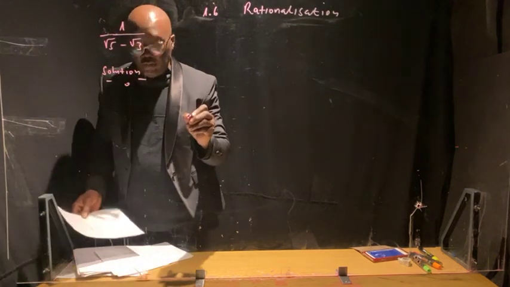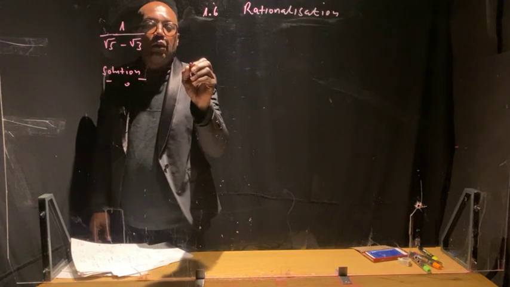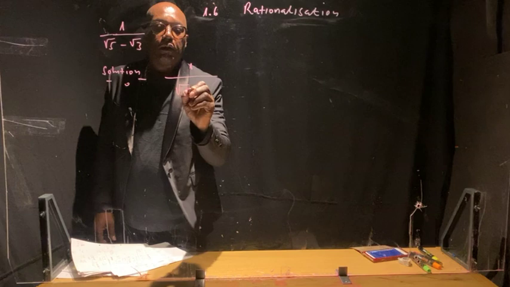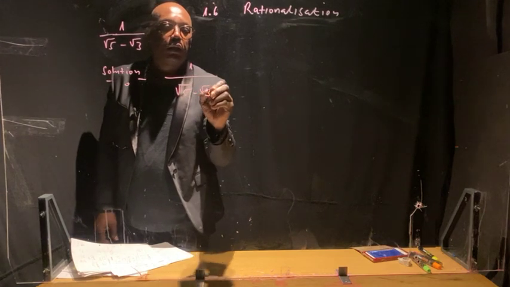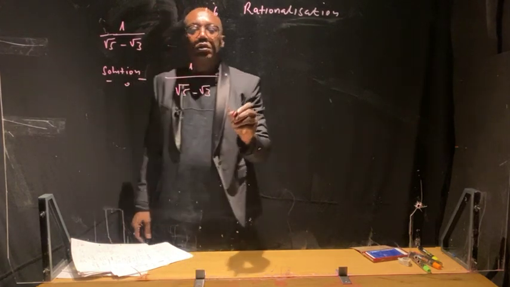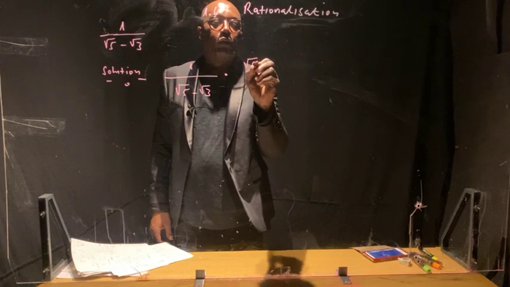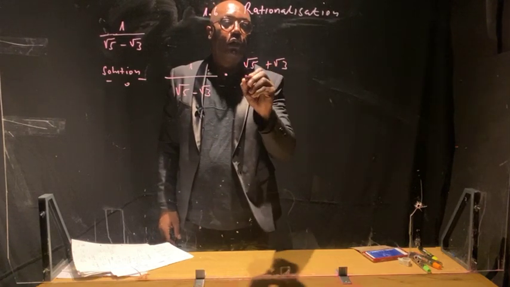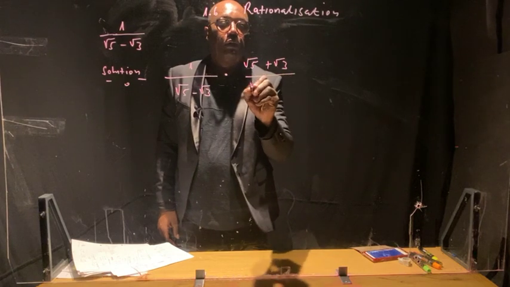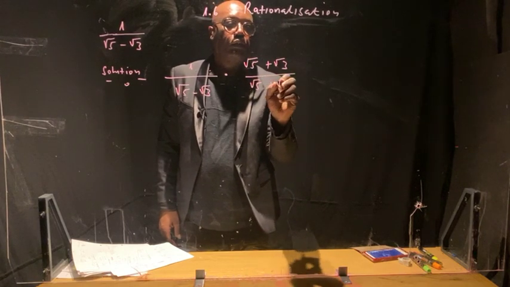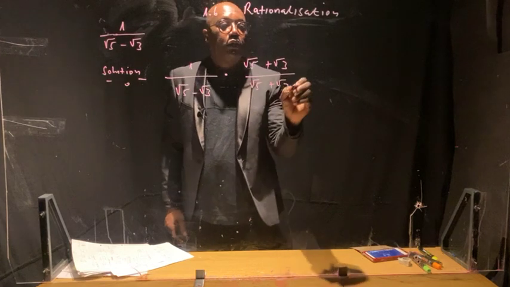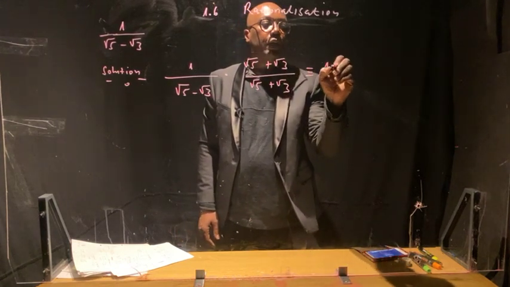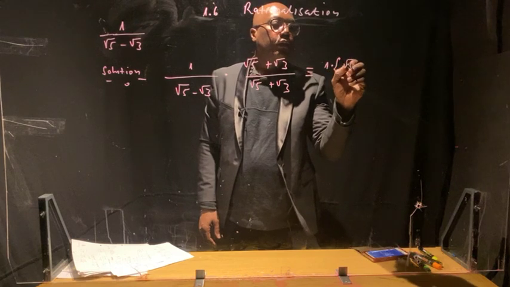This is no different from 1 over root 5 minus root 3 being multiplied to root 5. It is negative here, it will be positive, root 3, divided by root 5 plus root 3, which is not different from 1 being multiplied to root 5 plus root 3 all over